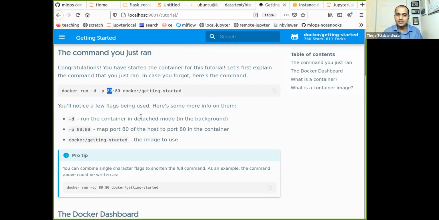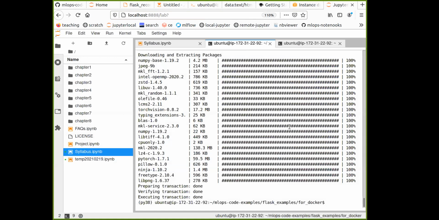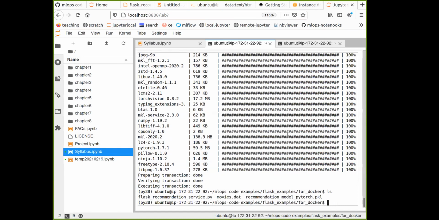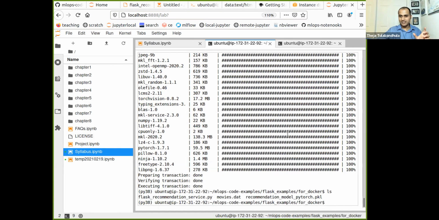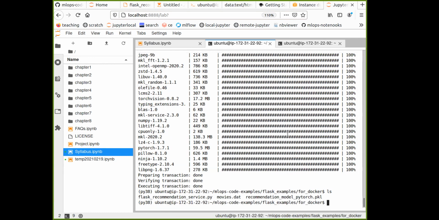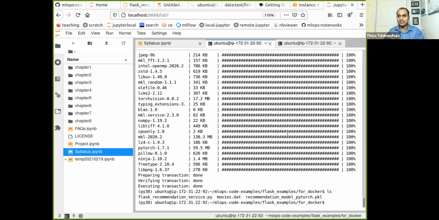So -d just means run it as a daemon, or basically run it in the background. Oh, okay. Once you install Docker, it is available as a daemon anyway, right? There's a Docker client, there's a Docker server. Yeah, but our container also has to be a daemon, as in something which is not running in the foreground, but is running in the background as a server.